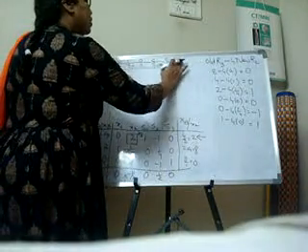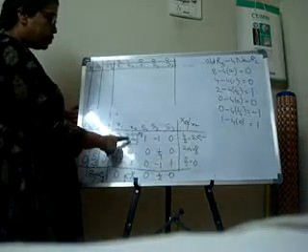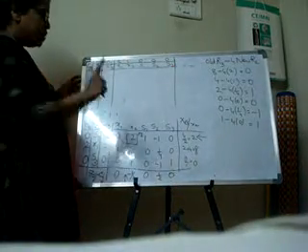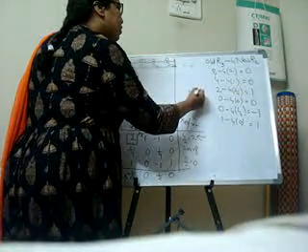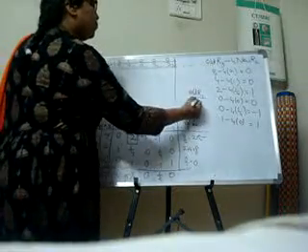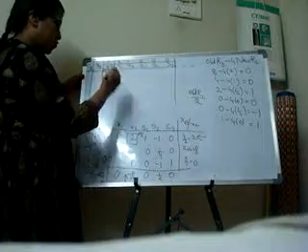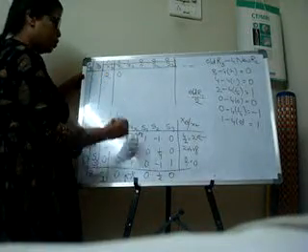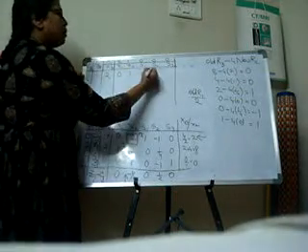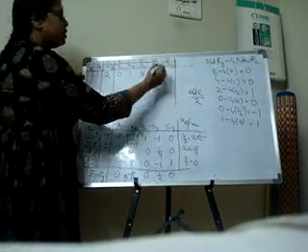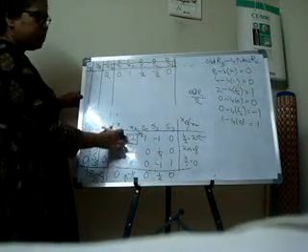Now let us see. Which row is the pivotal element row? First one. And the first one, pivotal element should be 1, that means what we have to do? Old R1 divided by 2. So what will it be? 4 divided by 2, 2. 0 divided by 2, 0. 2 divided by 2, 1. 1 divided by 2, minus 1 divided by 2, and 0 divided by 2. You have changed the pivotal element into 1.